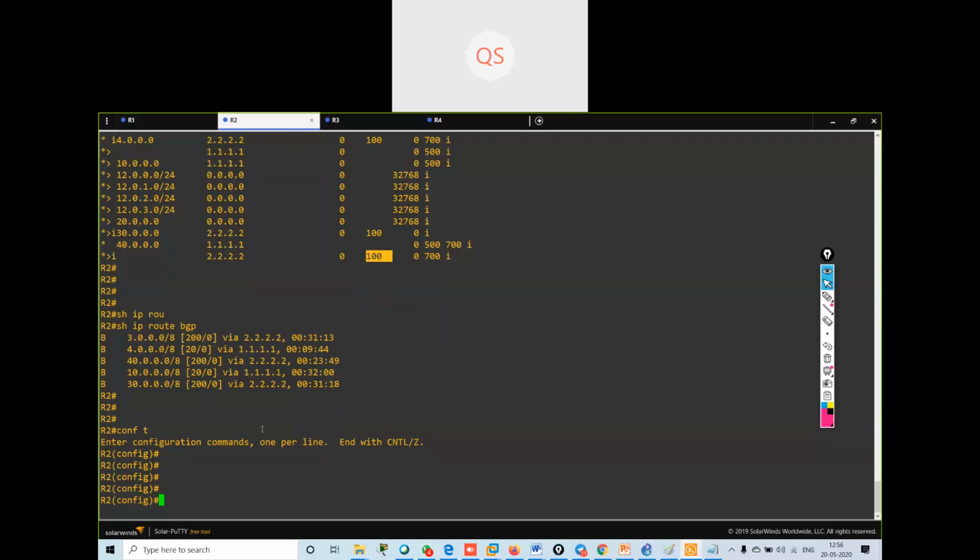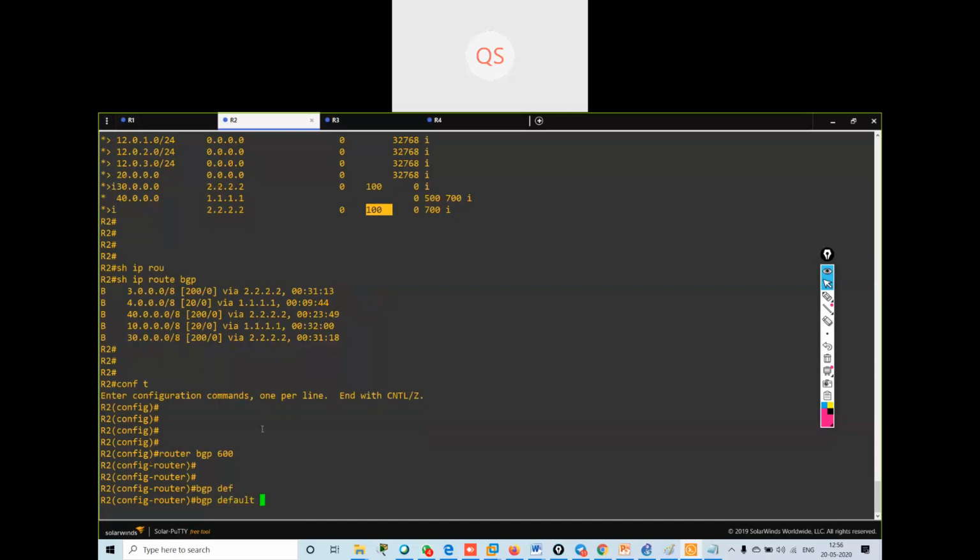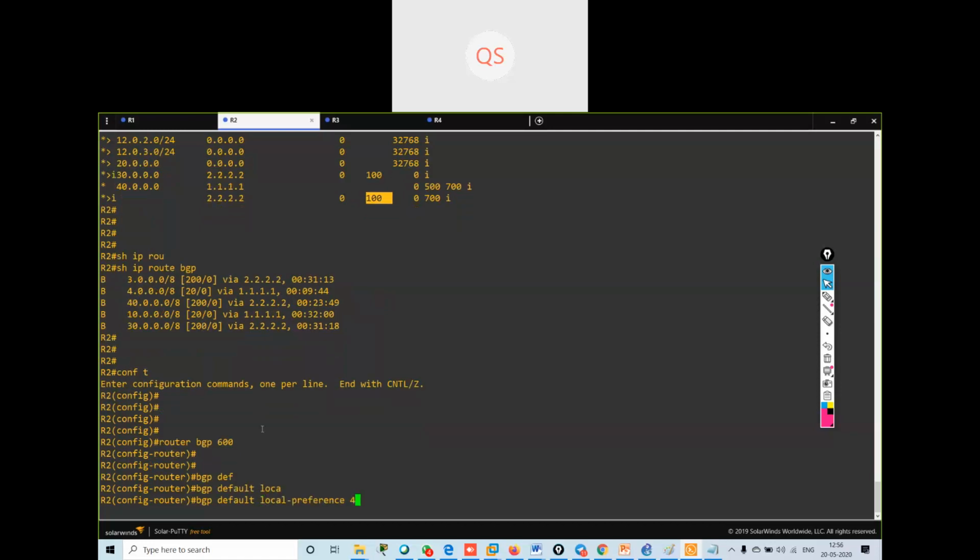Now to change the local preference, I will go in router BGP 600. The command is bgp default local-preference 400, suppose. I have given the local preference 400.